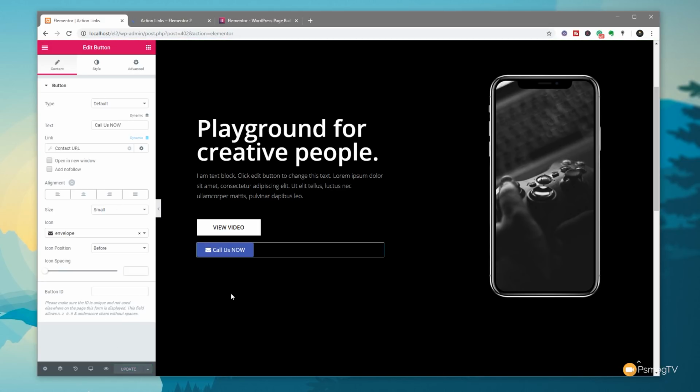So if you're using a mobile phone and someone clicks on that call us now button, this will then take you through to your phone application on your mobile phone with the number pre-filled out, ready for you to hit that call now button, and then you'll make that call knowing that the phone number is correct from the website. So that's just some of the options you've now got with these actions for links,